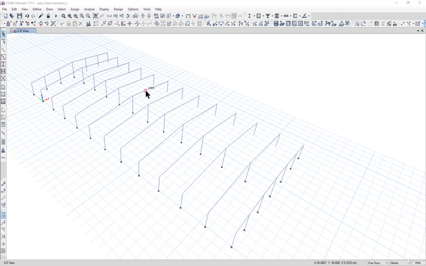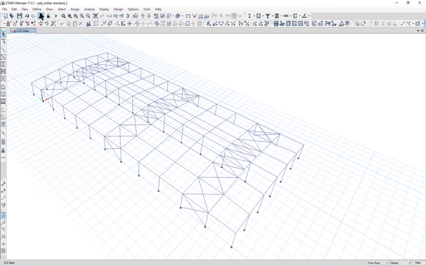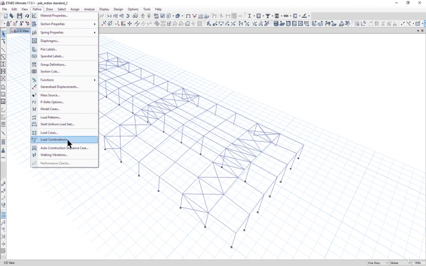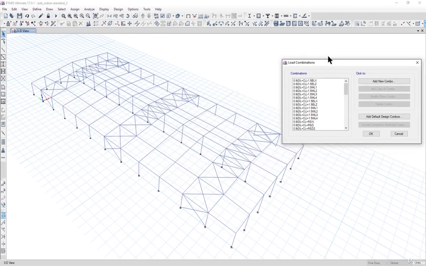More about the load patterns, load cases, and load combinations. To view the whole object, we can go to View, Show All Objects. So what I'm basically trying to teach you here is that in defining load combinations, when we have entered the